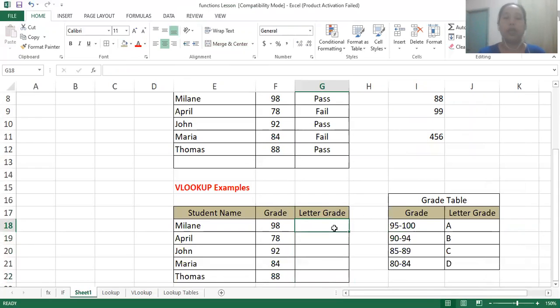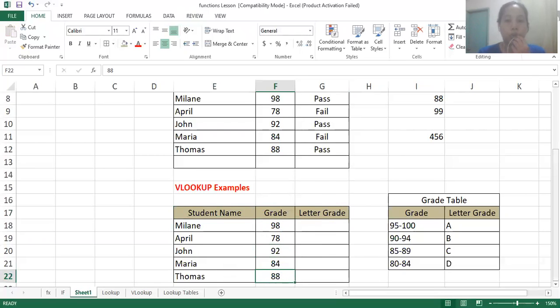Okay, we'll just try. Based here on our example, we have the student's name, then the grade, and then the letter grade. So we're going to determine the letter grade of 98, 78, 92, 84, and 88.